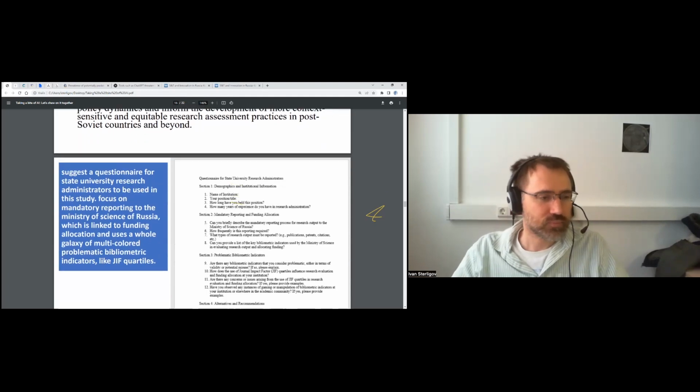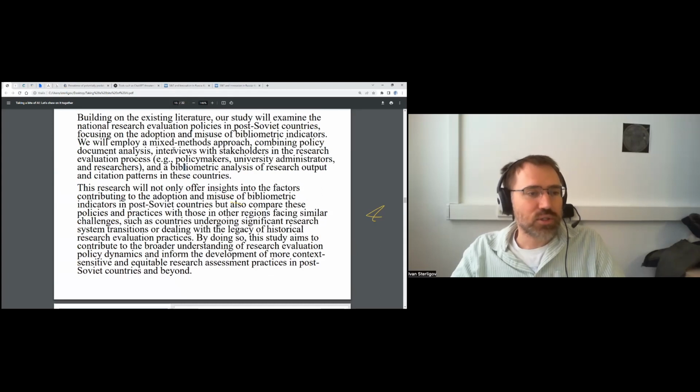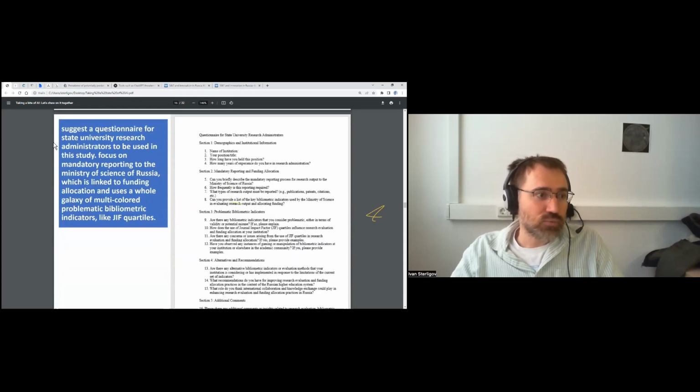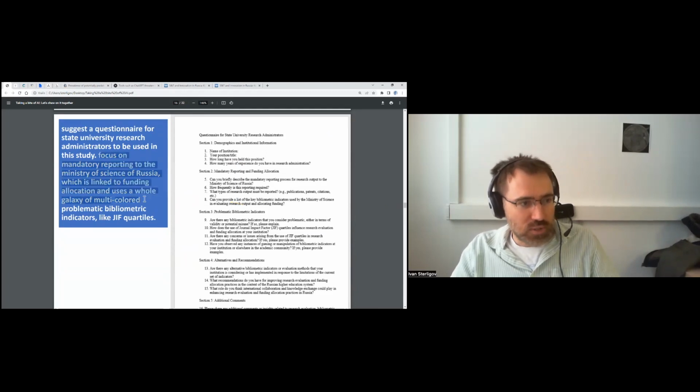For example, you've mentioned a questionnaire. You've mentioned interviews with stakeholders. Okay, interviews mean we need some questionnaire. So then I asked ChatGPT to suggest a questionnaire for state university research administrators to be used in this study and provide some more context. I asked it to focus on mandatory reporting to the Ministry of Science of Russia, which is linked to funding